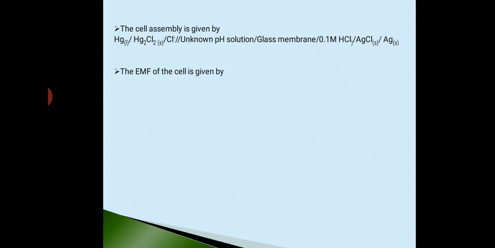Okay, now generally we have an equation which gives the EMF. What is that equation? E cell is equal to E cathode minus E anode. But students, here we are being specific. So E cell is equal to E_GE minus E_SCE. E cathode is our glass electrode, Eg is the glass electrode, then E_SCE is our saturated calomel electrode. Things are easy till now. Then later it becomes a bit lengthier. So if you understand the steps, it is easy for you to combine all the things.